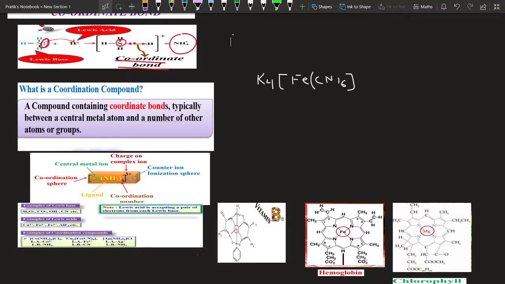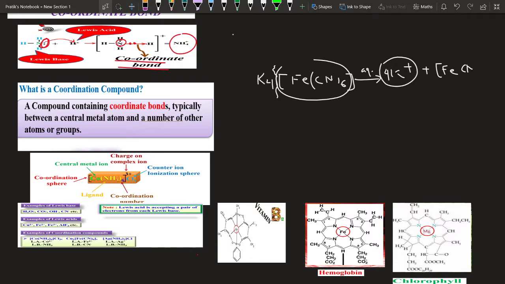So K4[Fe(CN)6], this compound, when it is dissolved in water, student, it breaks into its constituent ions, but it produces only two types of ions. It produces one ionizable part, which is in the form of K plus. It is referred to as simple ions, and the part which remains unbroken consists of non-ionic bonds, mostly the bond